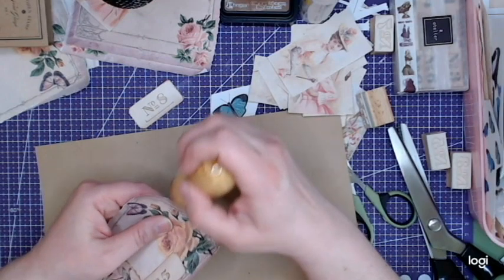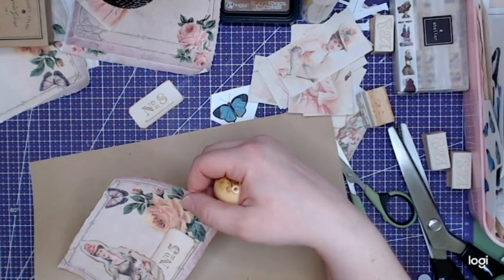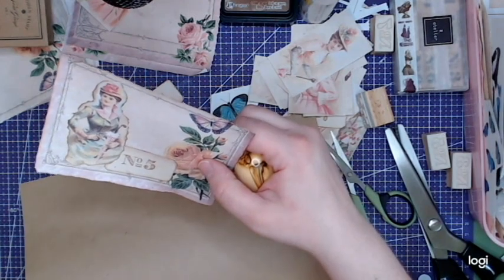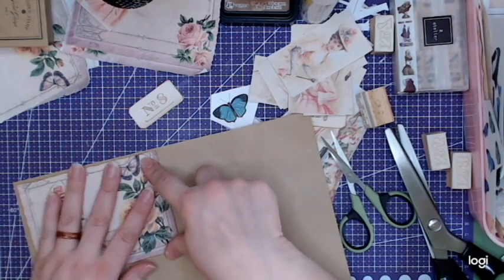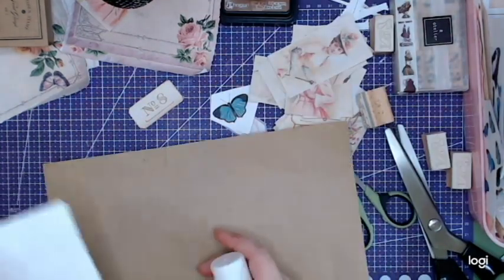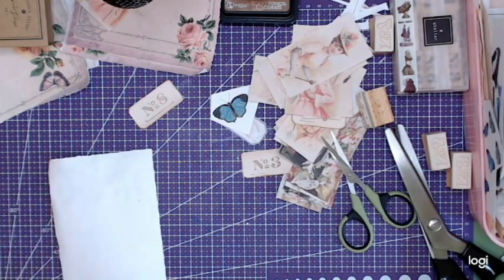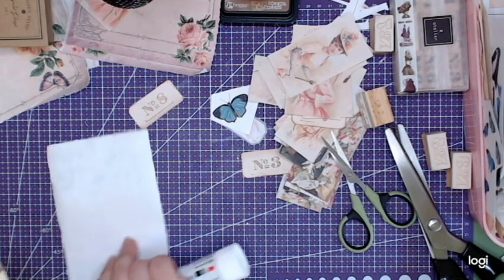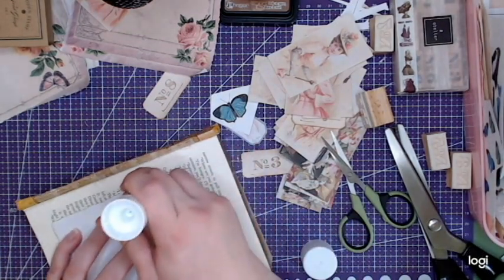So, hang on just a second. Okay. So I think what I'm going to do is make 4 of these or more, and then tack them down onto that craft paper and then cut them out,